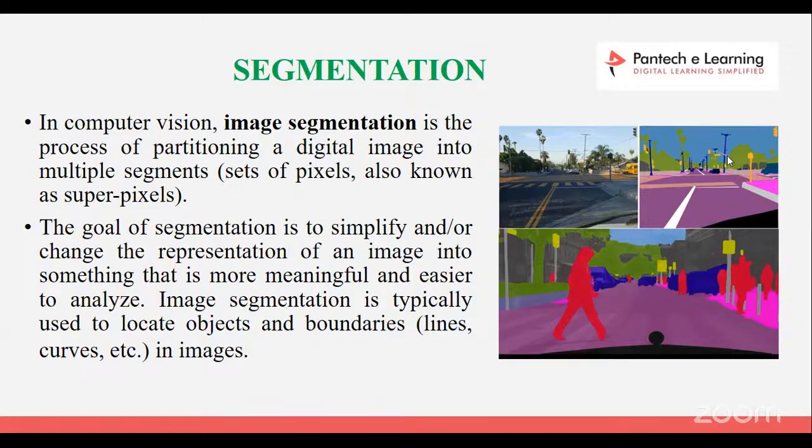the system will understand this is a pedestrian, this is a car, this is a bus, this is a truck, bike, person, dog, like this. Different types of objects will be there, and their identification is the purpose for which we use the segmentation method. In image processing and computation, segmentation is mandatory.